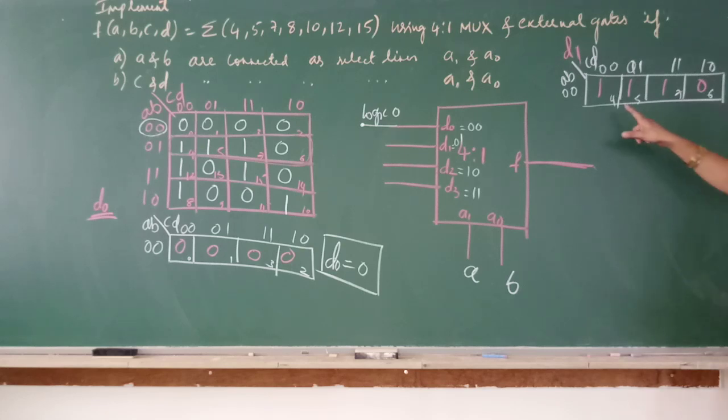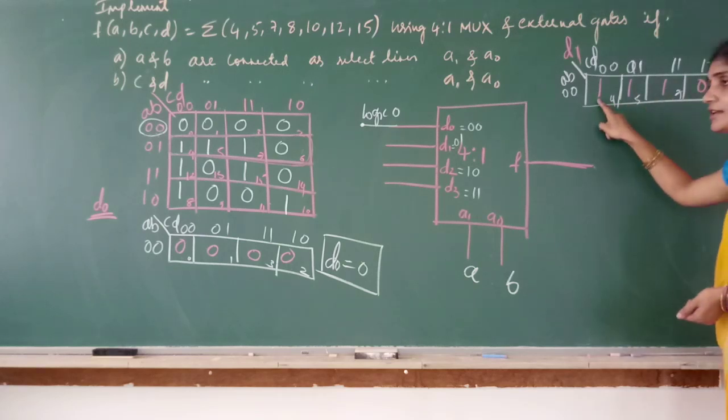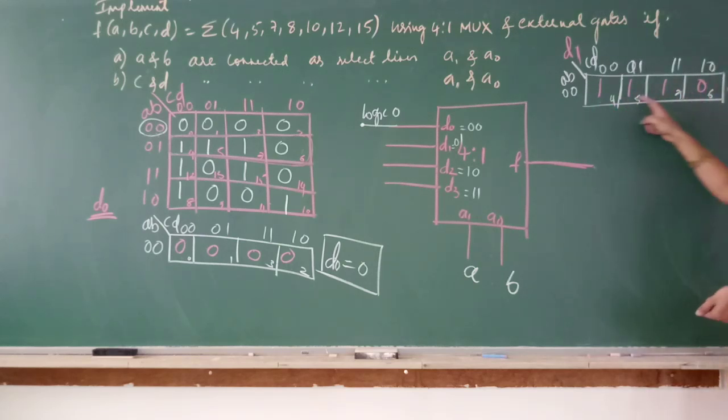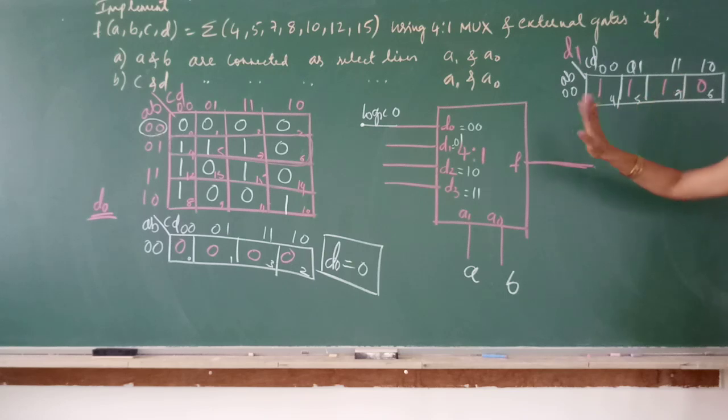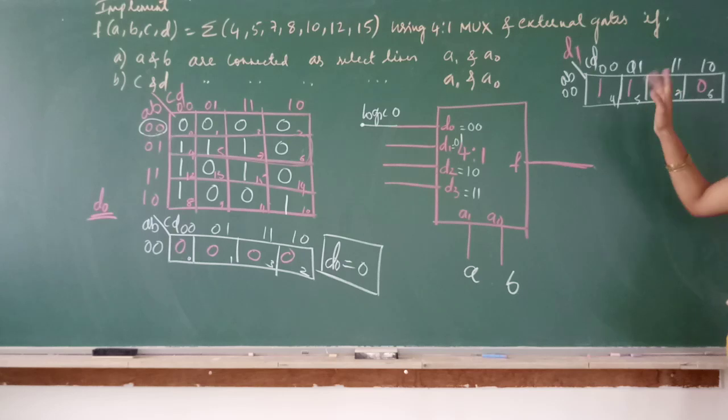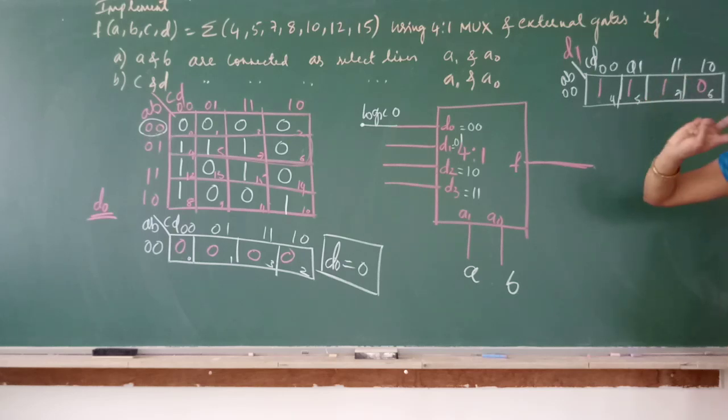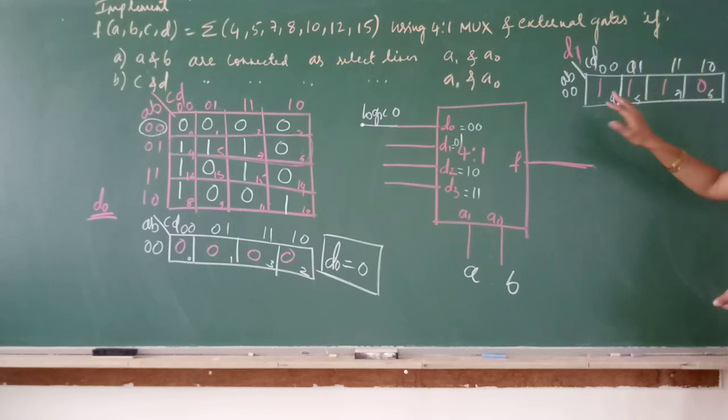Now, output is taking 1 here, 1 here, 1 here, 1 here. If all the cells are 0, I can write output as 0. If all the cells are taking 1, I can write output as 1. But now, I have 1, 1, 1 here and 0 here. Now what you have to do is simplify this K-map. Just group the cells according to the rules of K-map. 4, 5 are adjacent. I cannot group 3 cells in K-map. It has to be 2, 4, 8, a power of 2, right? So, I can group 4 and 5.